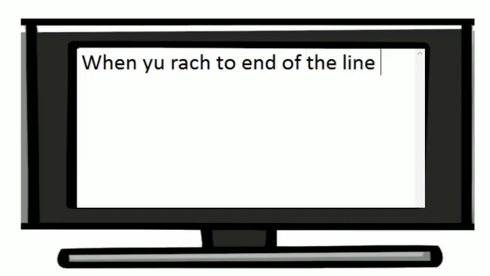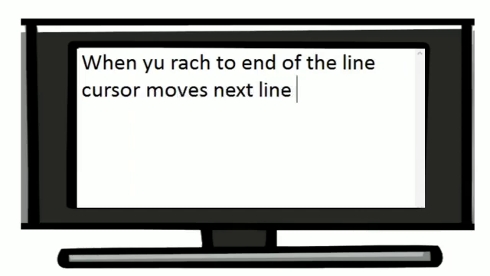So when we are typing and when we are reaching the end of the line, the cursor moves automatically to the next line. But you can see here, when we are reaching the end of the line, cursor moves automatically.